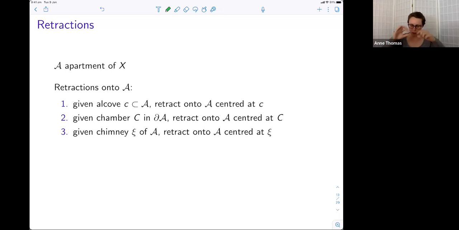So a chimney retraction is sort of picking off some point in the boundary and pushing walls away from it, potentially in two directions. Okay,